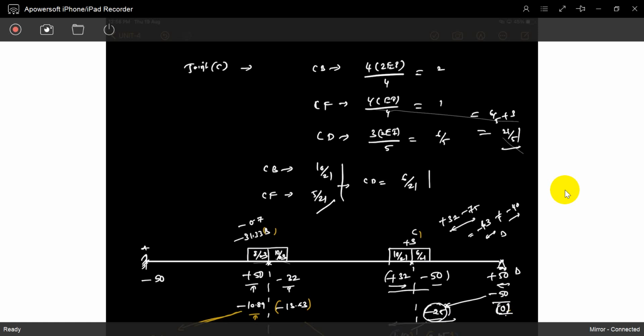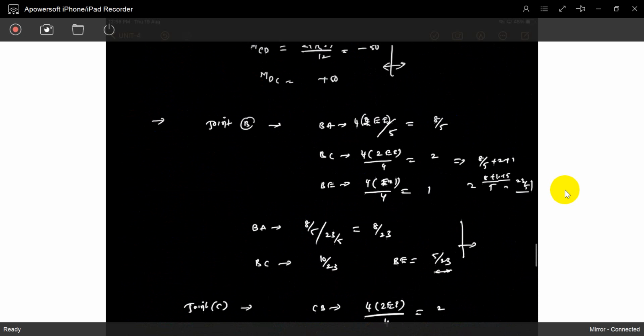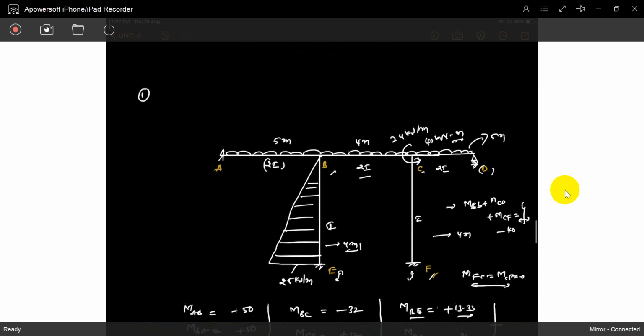Distribution and carryover factors. Okay, so that is a large problem. We did it in part. So there is no need to do the same problems, the same frames, again. See, a concentrated moment is there, a hinge joint is there at the end, different variable loading is there, and one joint has three different beams connected. So how can we do another problem more difficult than this? We can't. Everything is incorporated in this problem.